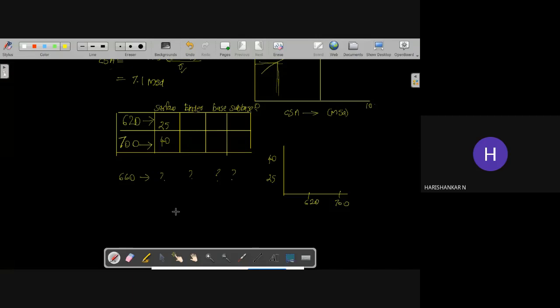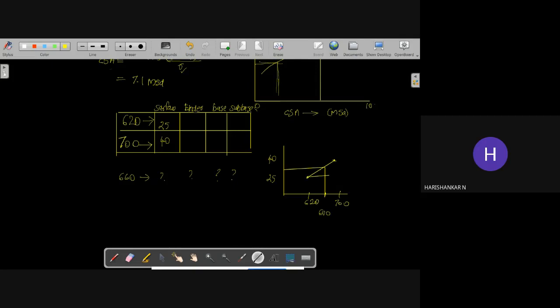So there will be 2 points in the graph, so that you can join the 2 points, and in between these two you can locate 600. Okay, here it will be the value 600. So just find out the value corresponding to this 600. Okay, here it will be the thickness corresponding to 600. So how you will find it?